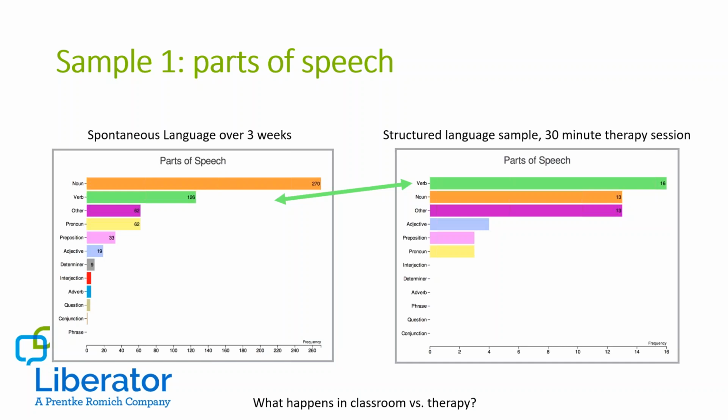really noun heavy, not so much kind of pronouns, and those other parts of speech are quite low levels, considering they're over 3 weeks, that he's only used an adjective 19 times is quite low. But within a therapy activity, and this is what we would expect to see, because in the therapy we're working more on those language goals, but you can see that his noun to verb ratio has switched, so we're seeing more verbs, and that some of those other, so things like adjectives and prepositions, are becoming more evenly accounted for